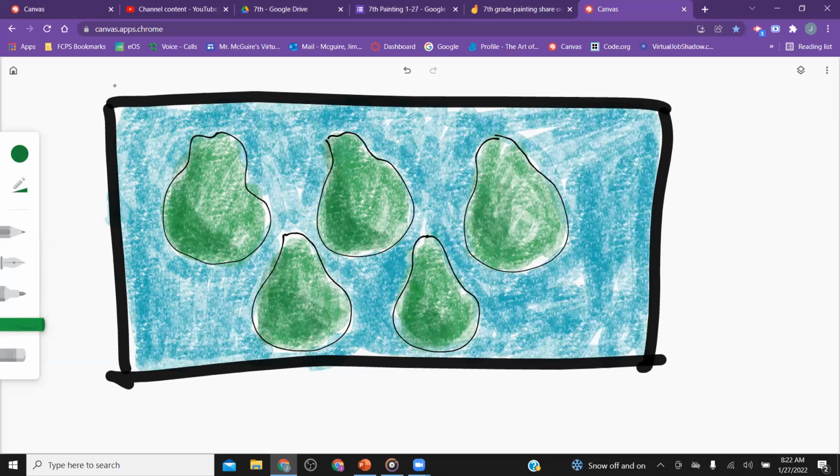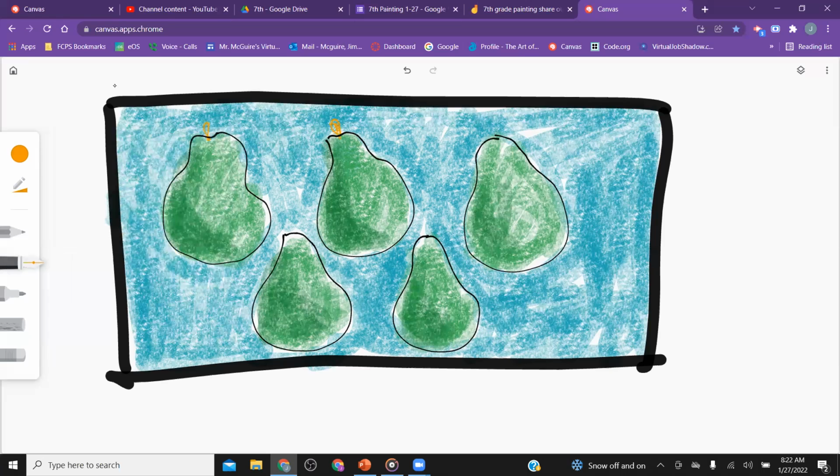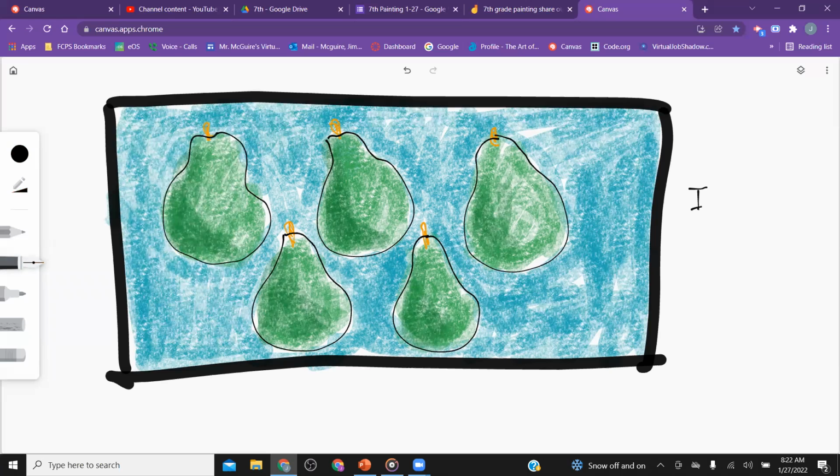Okay, and the last thing I'm going to do is come down here. I'm going to pick a brown. Let's just go with that. All right, so this is my work of art. And the last thing I'm going to do is write my little artist statement. And then I'm going to put: I used analogous